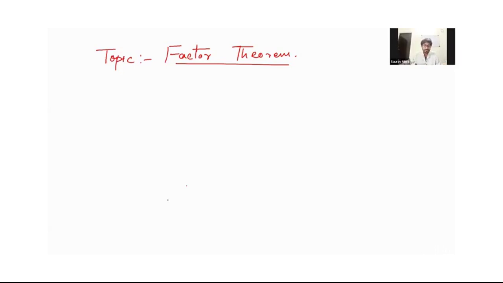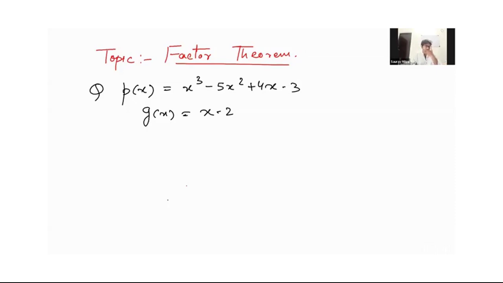See, in factor theorem, we will be given two polynomials. Let us suppose one polynomial p of x is x cube minus 5x square plus 4x minus 3, and another polynomial g of x, or any polynomial with any naming. If we have these polynomials, they will ask you whether g of x is a factor